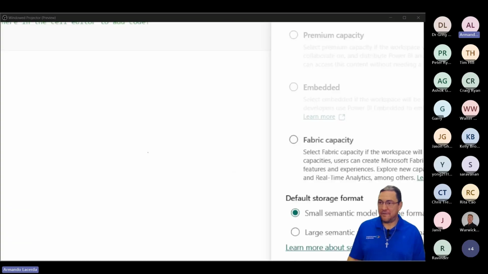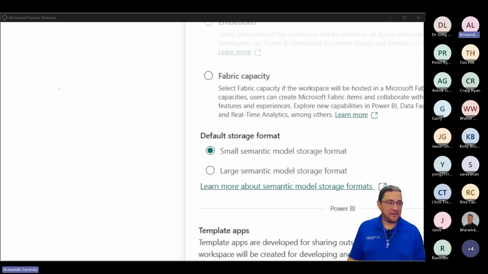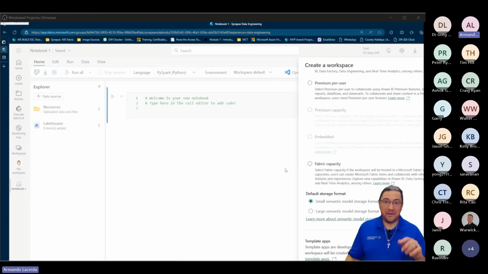Now I have Fabric available here for me. There you go, right? Fabric is available here for me. And I can choose to associate my workspace, this particular workspace I just created. Actually, let me rephrase it, because my workspace is something else, right? I have the option to associate this Kill Me Later workspace with Fabric. So then all the Fabric workloads will be available, including this Spark pool, which is not there yet.